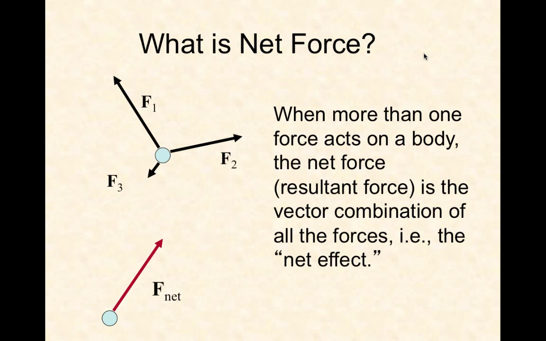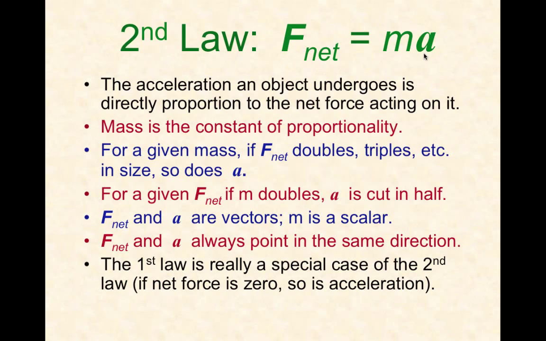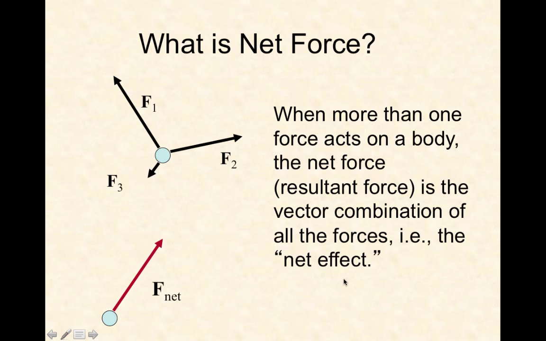Okay, so what does it mean to have net force? What is this net force quantity, this F net right here? Sometimes you'll also see this written as a capital sigma F. Net force is when there's more than one force acting on a body. And when there's more than one force, like we talked about with our vector operations, we can add those vectors together to find a resultant force, or the combination of all of those forces put together, the addition of all of those forces. So as you can see in this example here, you have force 1, which is going this way,